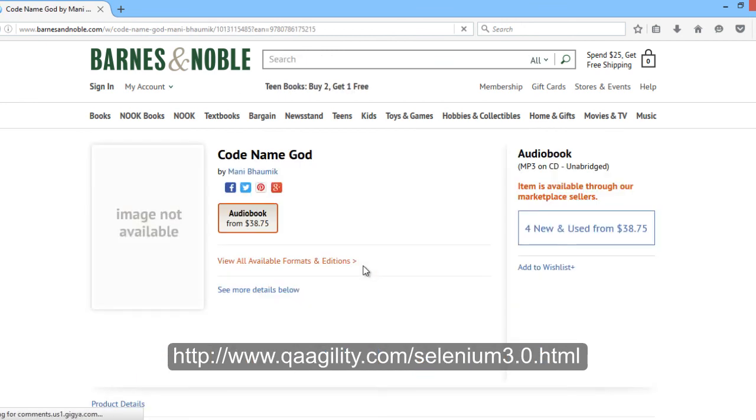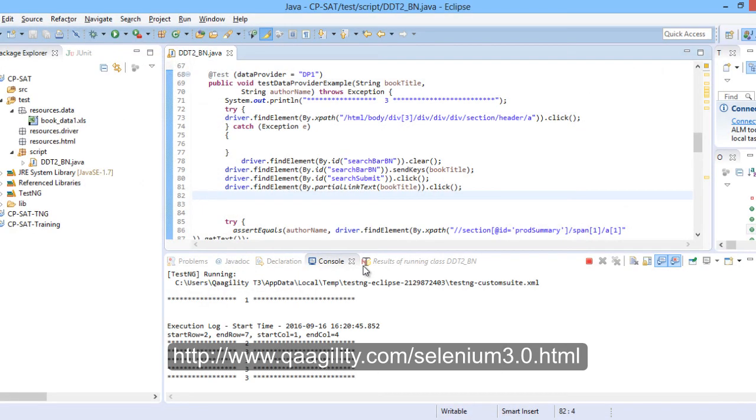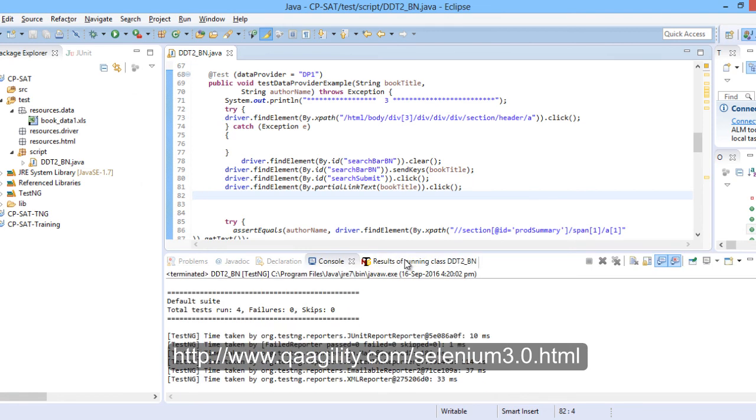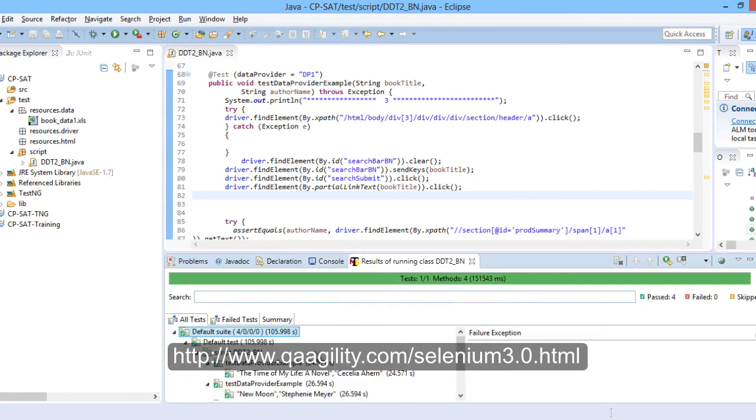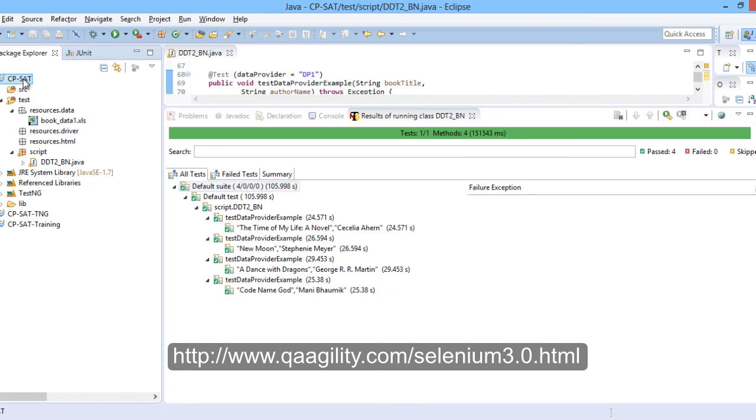Verify the author inside it after clicking the link. So our test case has passed now. So if you see over here, it is showing green. It has passed with all the 4 data. Now if I do a refresh,